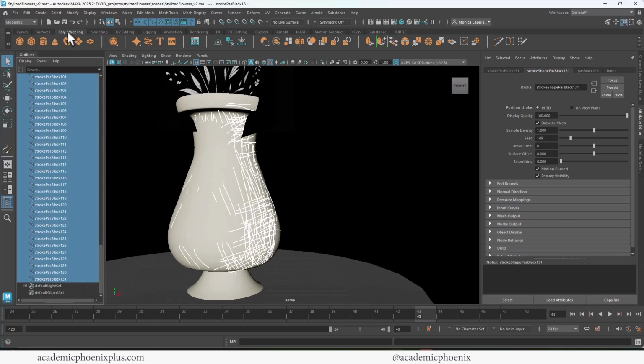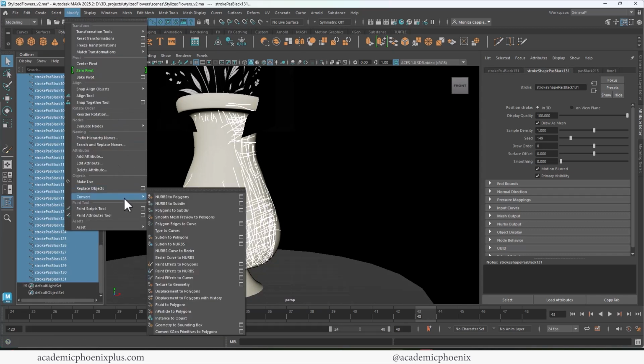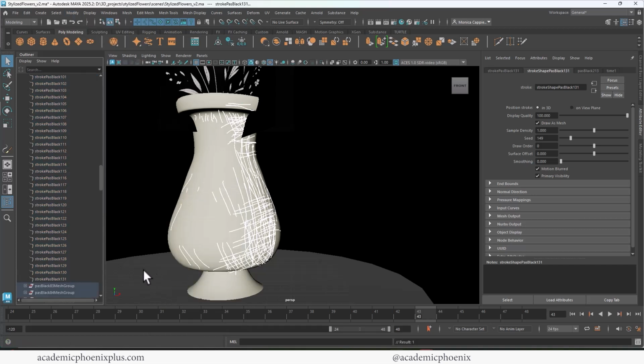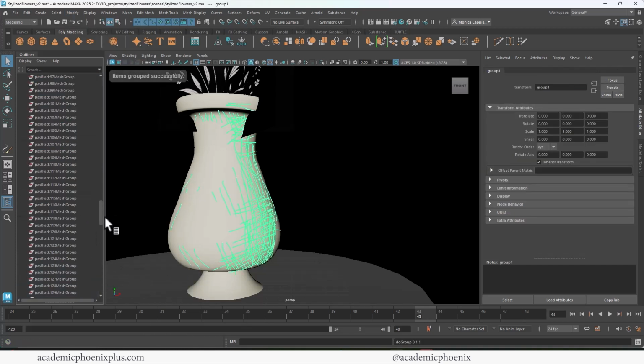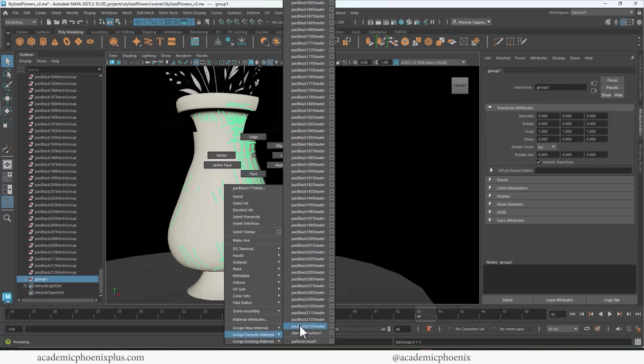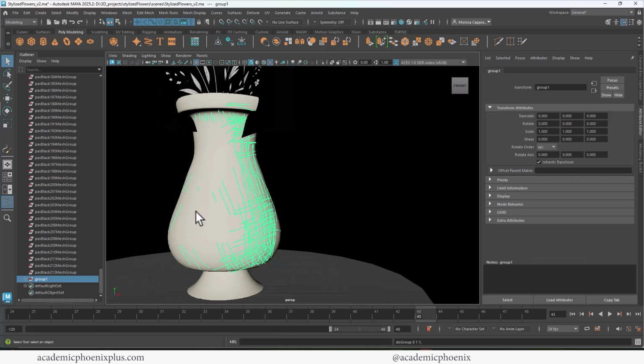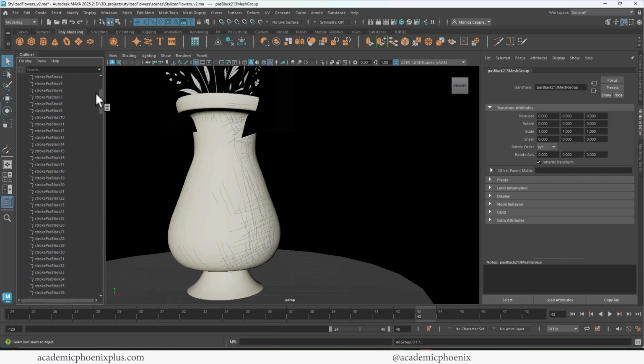I'm going to go to modify, convert, paint effects to polygons. I'm probably going to group these just because it's a lot. And then I'm going to assign that existing, and you're going to see that there are a ton of shaders, right? And that's the issue, is that every single stroke that I make is going to create a shader. So what I'm going to do is go ahead and